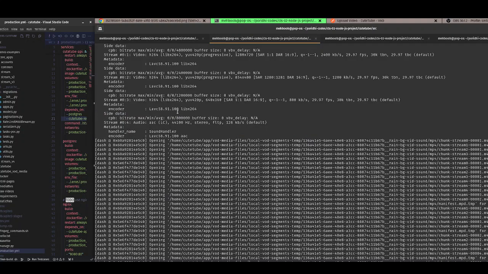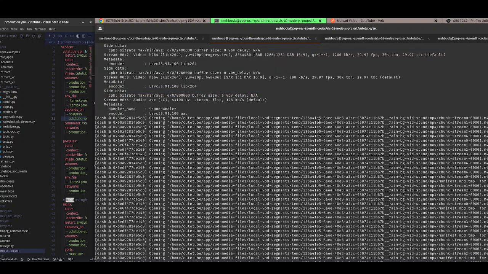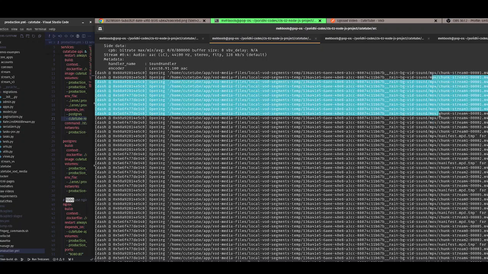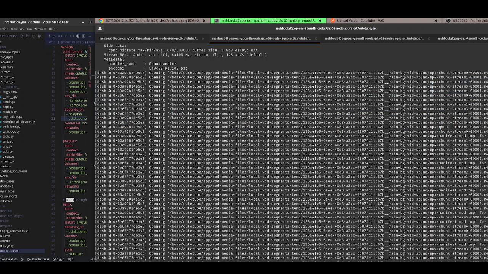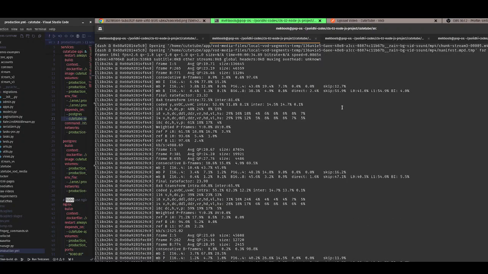The same H264 encoder is also used here, and you can see the segmentation started for both, happening in parallel. MP4, MP4, and now you can see the MOV, MOV. So both videos are being segmented in parallel with adaptive bitrate technology, and you can see the segmentation is working, and